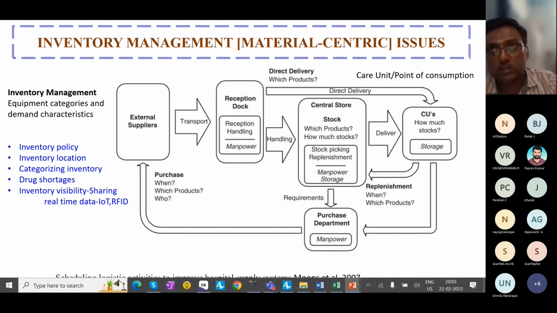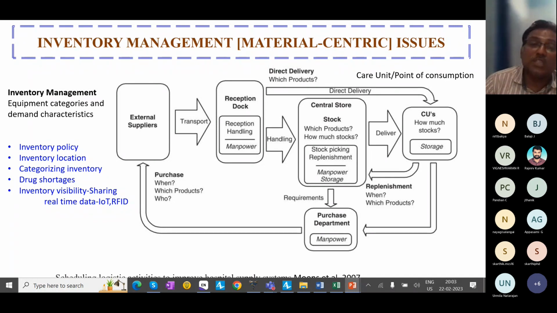So this is about the supply and purchase side, right? The purchasing side. Now you are making a purchase. So what happens? Product material will flow. Then comes the inventory. So inventory, what are the major issues? This is mainly connected with, again, you need to categorize your items. That's a major thing in inventory alone, which can be considered as a separate area in material-centric supply chain. So you need to work out the best inventory policy for your product. So you have critical, non-critical, fast-moving, slow-moving, so many items will be there, right? So for that, you need to come up with the inventory policy.